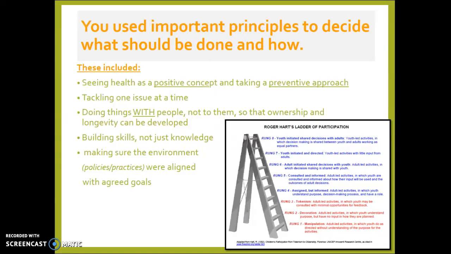Doing things with people rather than to people, so we don't want this interventionist type approach. We want people to own the changes that they make to their health status. We also want to build skills rather than just giving and transferring knowledge. And making sure all of the policies and practices are aligned.